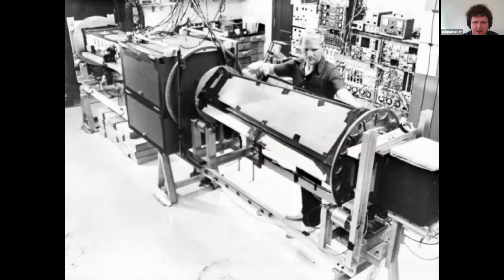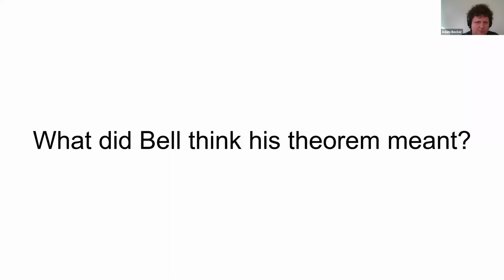So I am somehow already basically at the end here. What I'll close with is a question that is, I think, closely related to all of this, which is, what did Bell think his theorem meant? Because there are conflicting reports about this and some quotes of dubious sourcing about it. The best sourced and most succinct quote that I've been able to find on Bell's own opinion about Bell's theorem is the following.